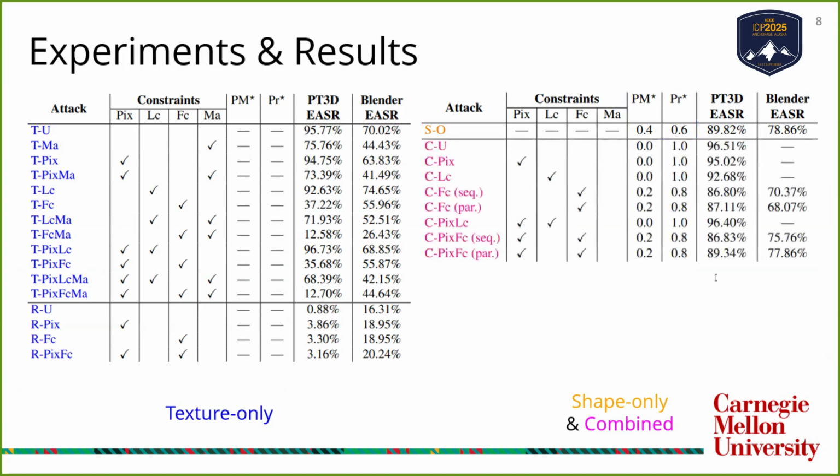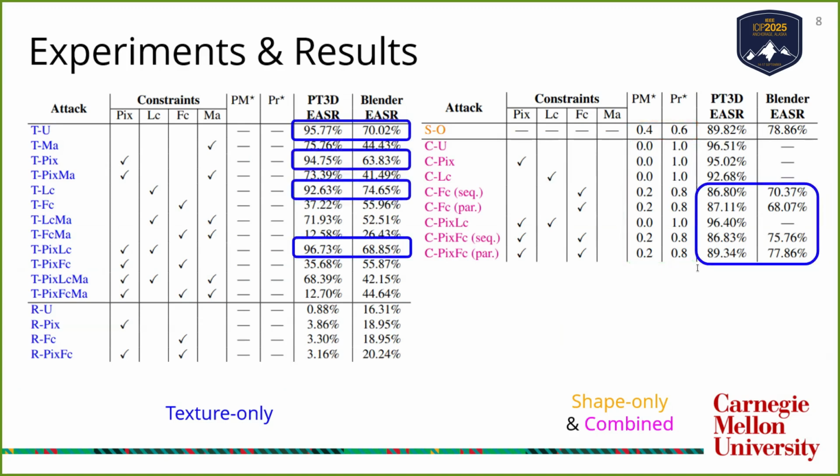Combined attacks optimize both shape and texture. These achieve better practicality scores than shape-only attacks, since the texture reduces reliance on extreme shape changes. Finally, combined attacks recover much of the performance lost under texture constraints, in some cases matching unconstrained baselines. This highlights the strength of joint optimization in creating both effective and realistic camouflages.